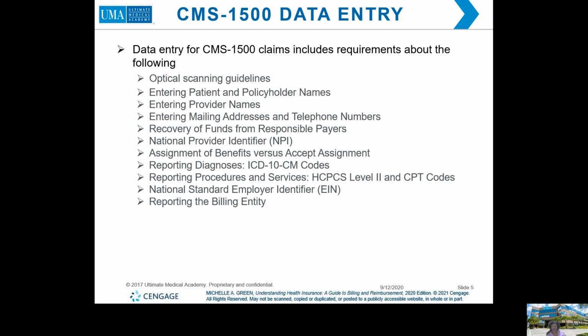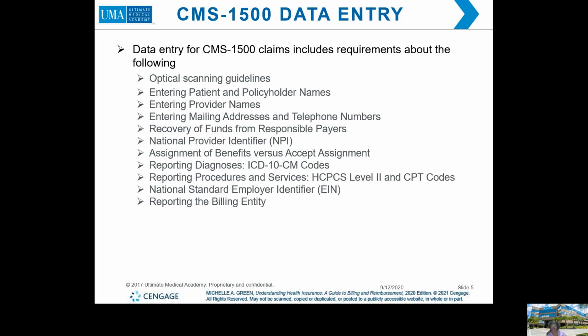For example, if you're the mom and you took your child to the pediatrician's office, well, you're the policyholder and the baby or the child is the patient. If you mix up the names and put them in the wrong block, it's going to cause your claim to be rejected. When you enter the provider's name, the mailing address, a telephone number,